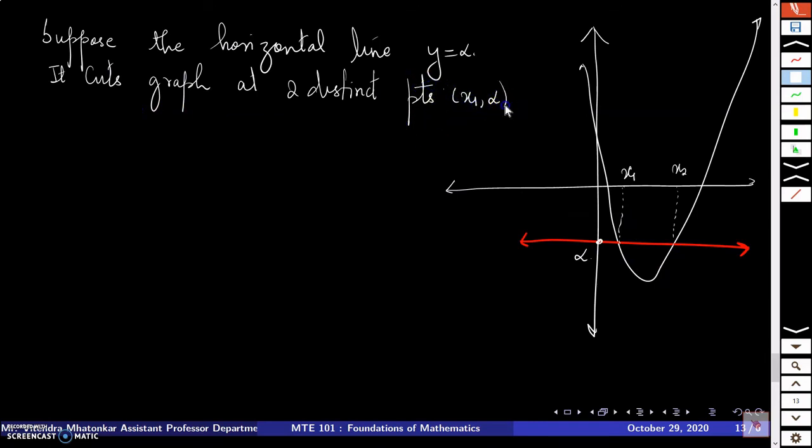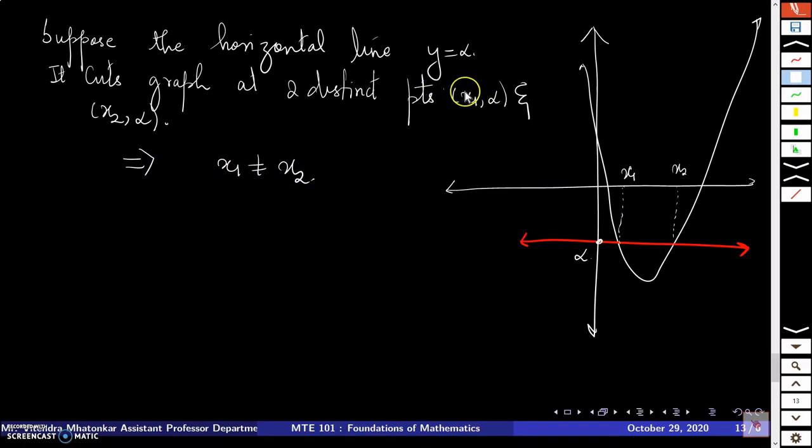x1 comma alpha and x2 comma alpha, right? So these two are distinct points, meaning what? x1 is not equal to x2 because their second coordinates are same. If the first coordinates were also same, then these 2 points would have been same. But I am assuming that these two are distinct points. So this means x1 is not equal to x2,